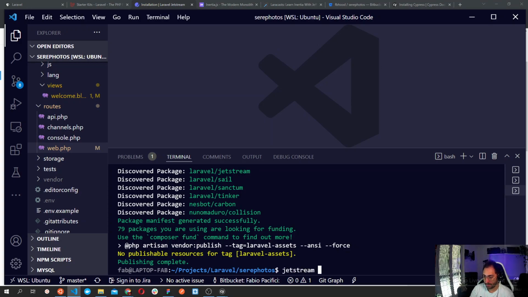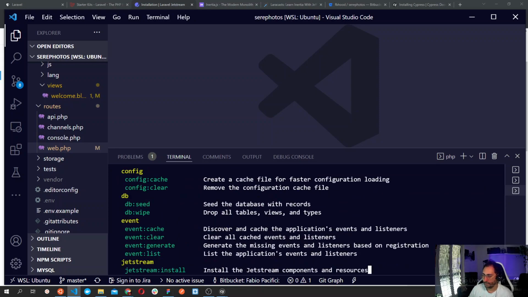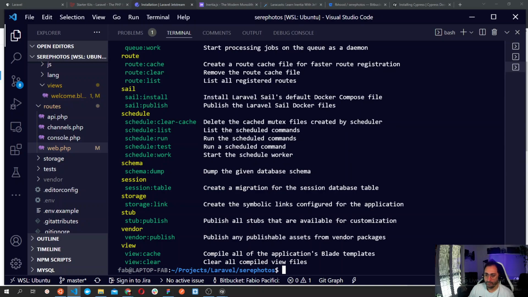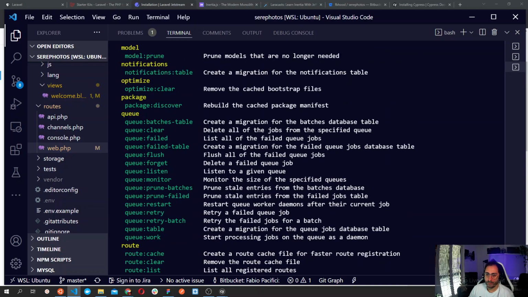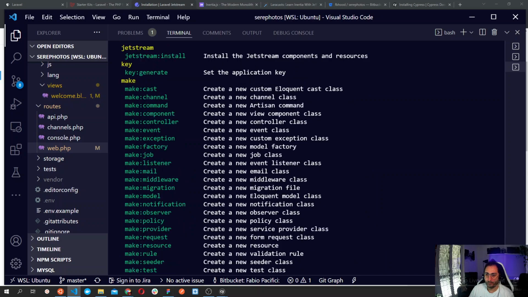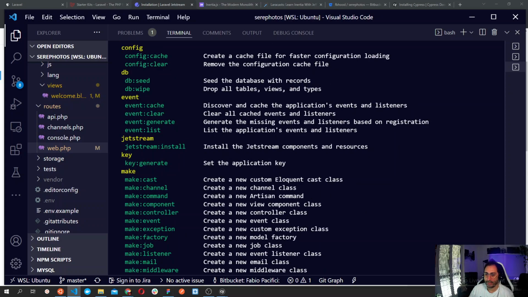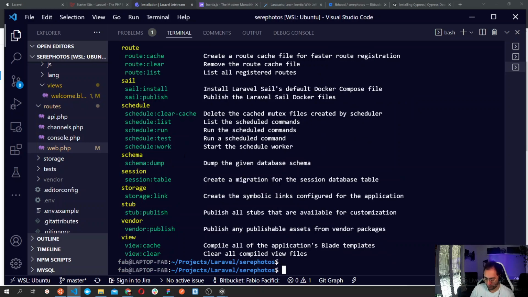Jetstream install. Yeah, actually, I think that this is an artisan command. Okay, that's the command, Jetstream install. Let's see the help for this command. What could we do? PHP artisan help